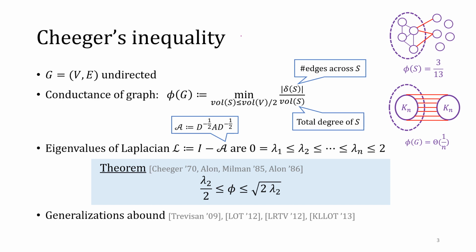Applications of Cheeger's inequality include graph partitioning, solving linear systems, divide and conquer, analyzing mixing time, and so on. These practical uses stem from the fact that eigenvalues and eigenvectors are easy to compute. More recently, using other eigenvalues and other combinatorial parameters of the graph, people were able to derive generalizations of Cheeger's inequality. And the bottom line is that this is a rich theory.